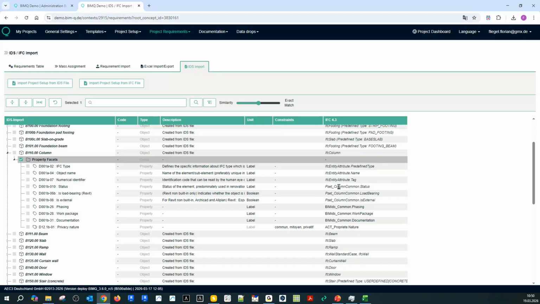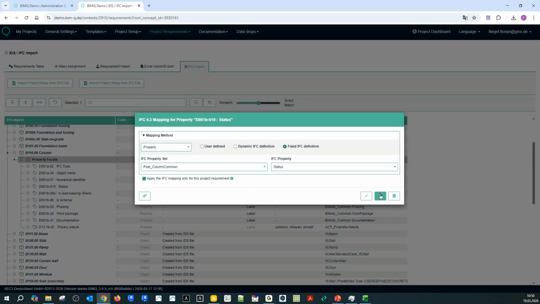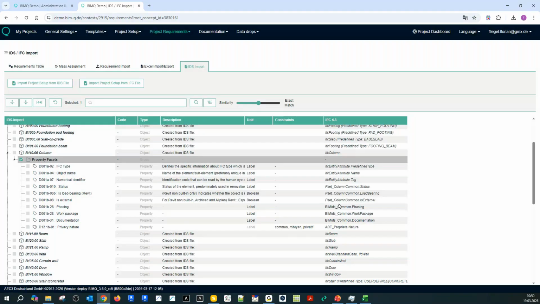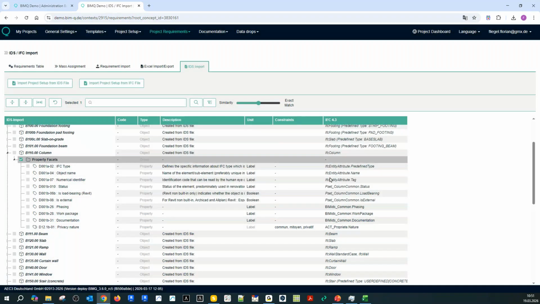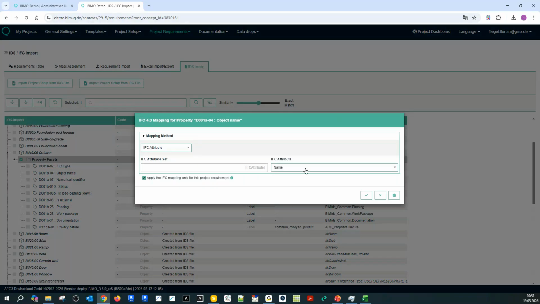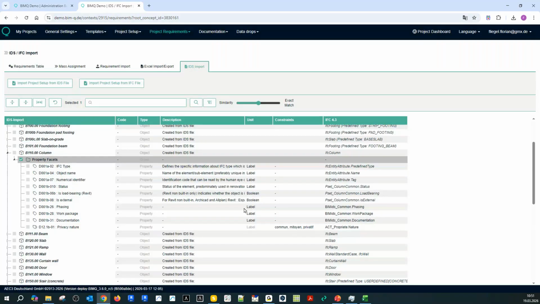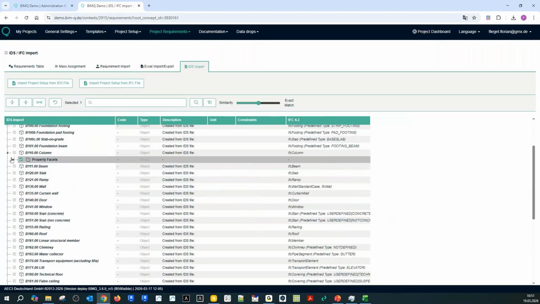So when it is used as a direct IFC property, we have the link to the IFC property. When it is a user-defined property, we marked it as user-defined. And when it is an IFC attribute, we also detect it as an IFC attribute. And it's the same with base quantities, or even with IFC classification and IFC material, for example. Okay,